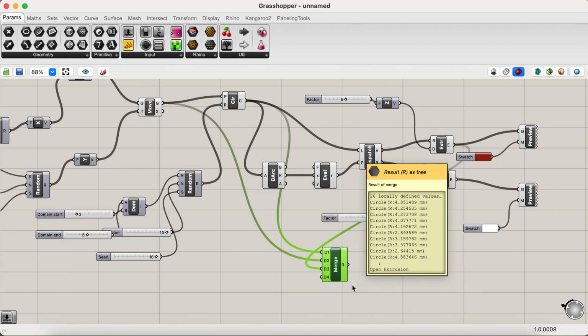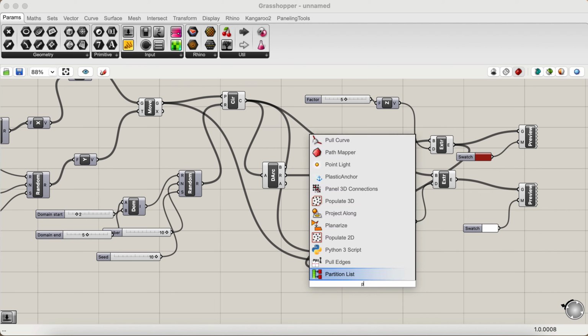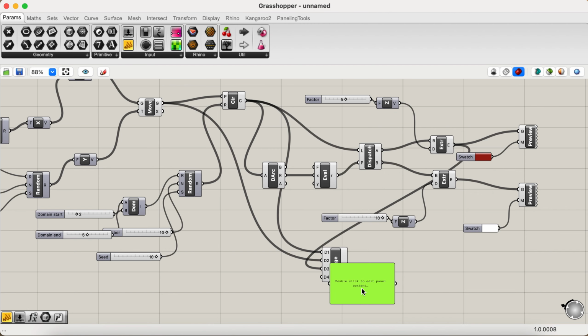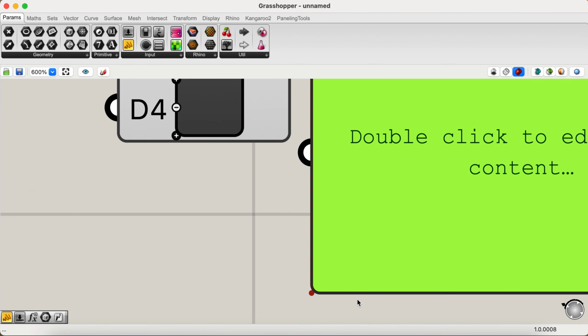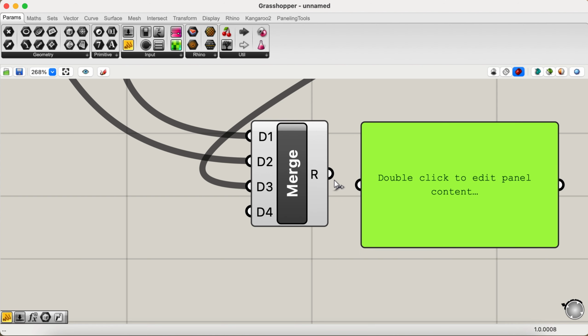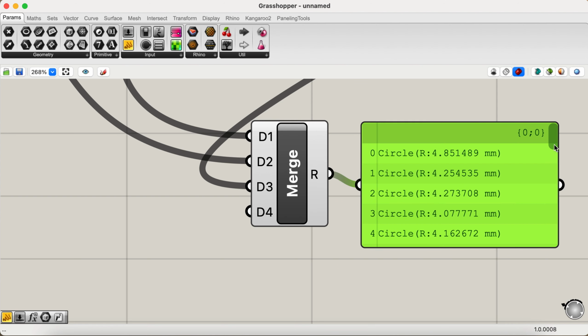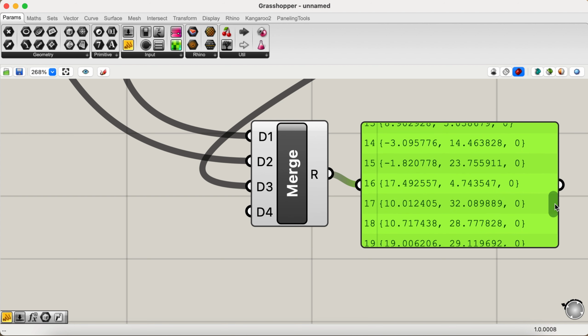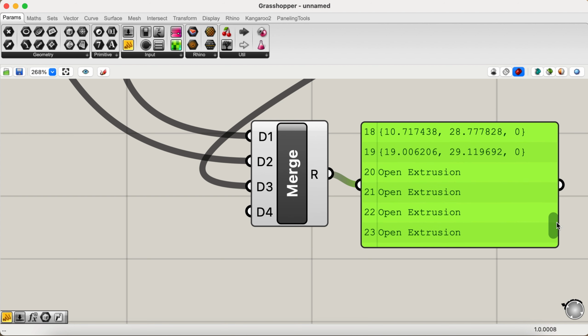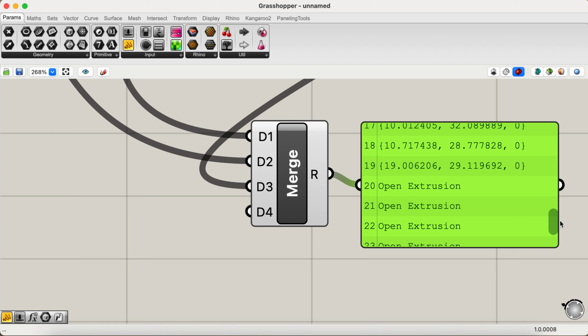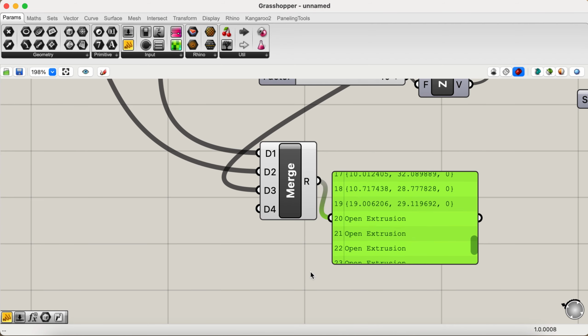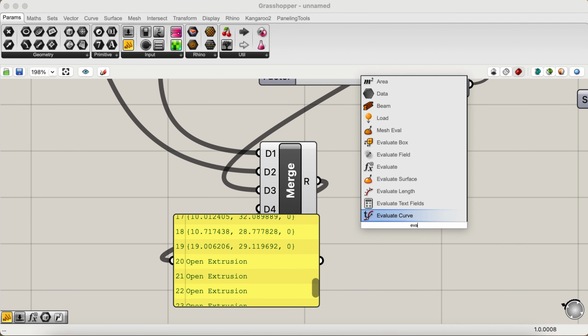If I look into the panels, what I see is that in the panel, I have circle, right? Then it goes back to points, and then at the end, it's open extrusion. Now, I'm going to use the evaluate function to separate these things again. So I will go here, and I'm just going to move this along. I'm going to use the evaluate function again,